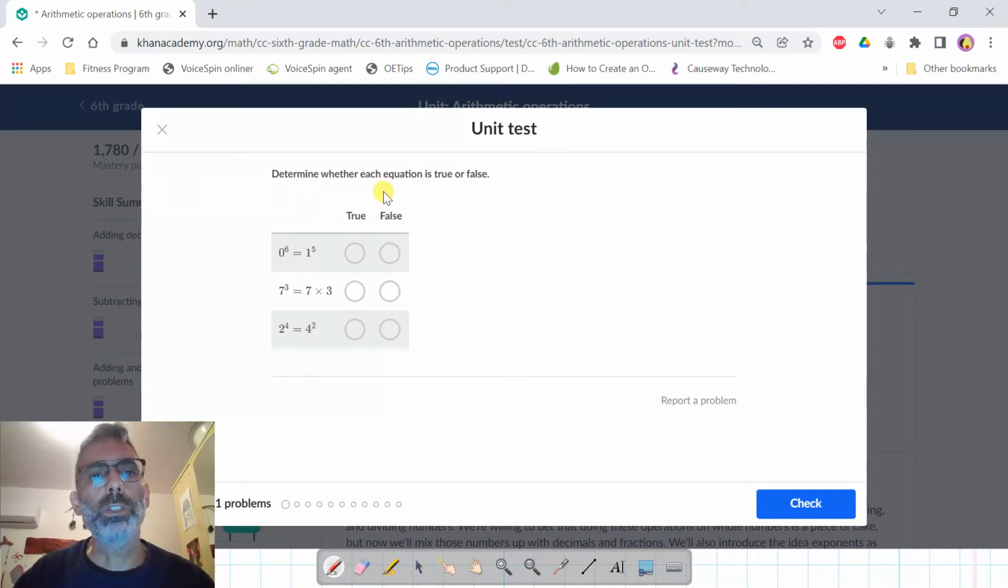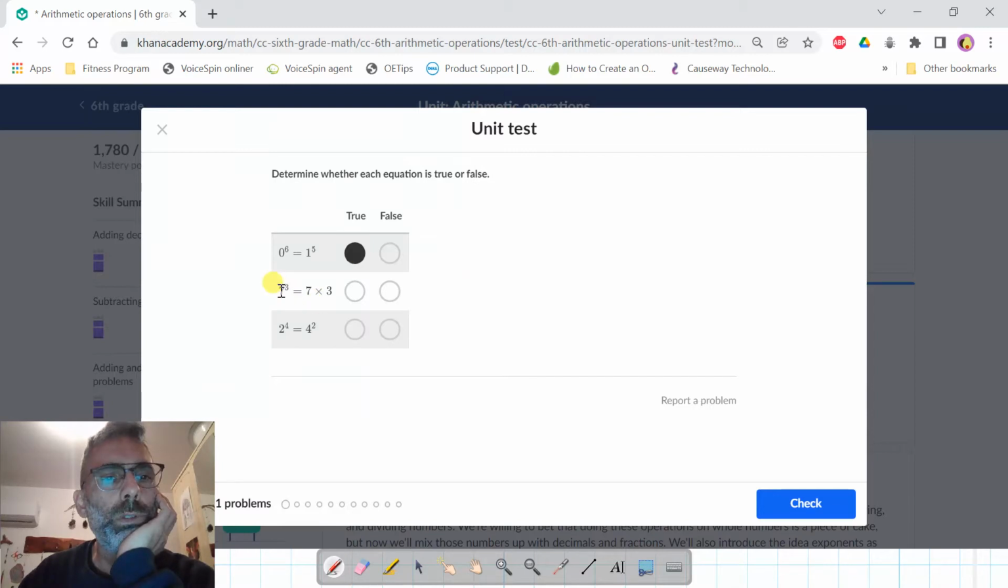Determine whether each equation is true or false. Okay, so this is true because 0 to the power of 6 is 1, and 1 to the power of 5 is also 1, so this